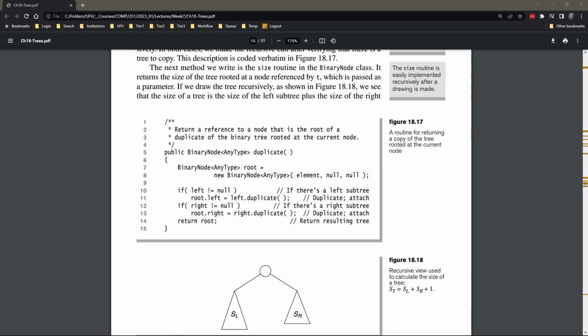Okay, so we've got duplicate. Notice that it's not static. We're returning another instance of binary node, same type. And the reason why we would want to duplicate and that it's not static is because we don't have to pass anything in. We would be calling this method using some instance that we already have a reference to. And so it's going to use that and have